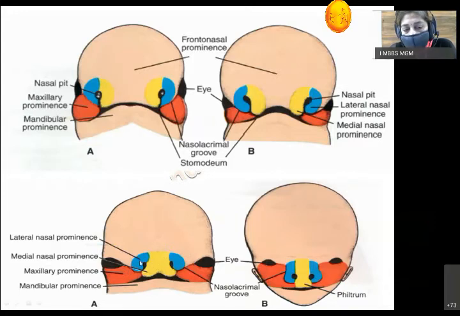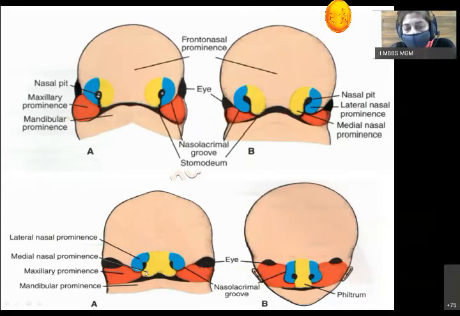Now what happens? Maxilla fuses with the lateral nasal process, maxilla fuses with the medial nasal process, and medial and lateral nasal processes also fuse with each other. Thus, the external nares are separated from the oral cavity. Okay, so that is a separation by formation of the premaxilla. Premaxilla is one of the components of the intermaxillary segment. Okay, so first thing is